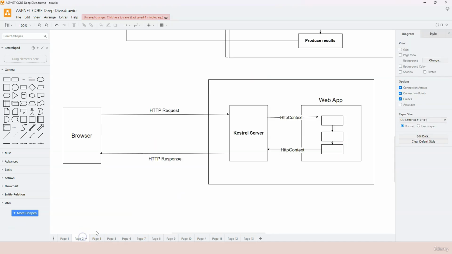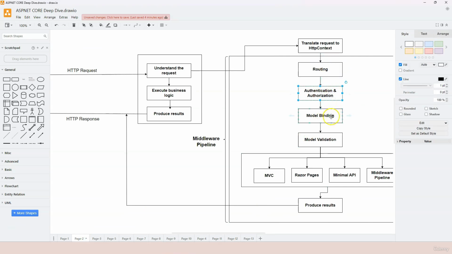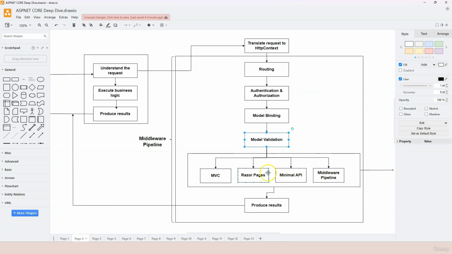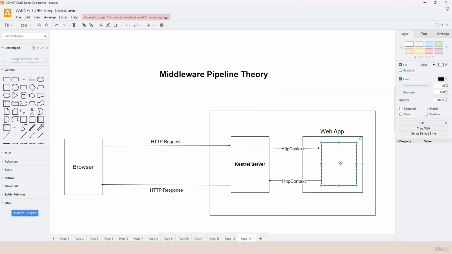We have talked about that in the second lesson, where we have routing, authentication, authorization, model binding, model validation, and one of these endpoint handling technologies and producing results. So all of them plus your custom codes. Well, your main custom codes will be hooked inside one of these, but if you have additional logic that needs to be processed as a cross-cutting concern, then it's going to act as one of these. So all of them will be executed inside one component